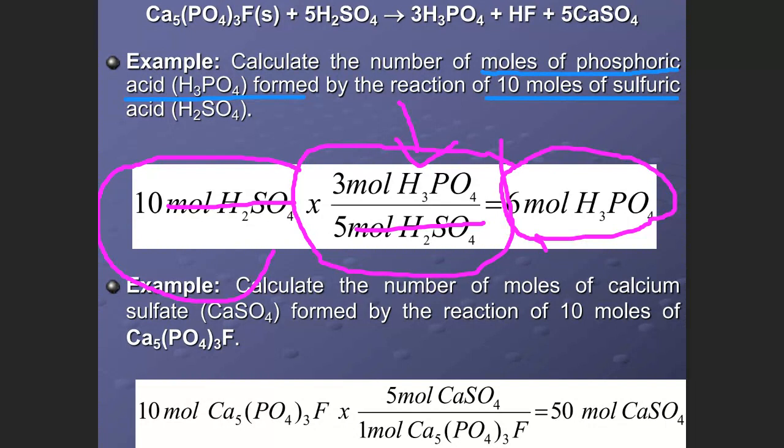from this mole of sulfuric acid. So that means from the balanced reaction, we saw that 3 mole of phosphoric acid can be produced from 5 moles of sulfuric acid. But they are not asking you for the 5 mole of sulfuric acid. They are asking that if you have 10 mole of sulfuric acid, how many mole of phosphoric acid you can